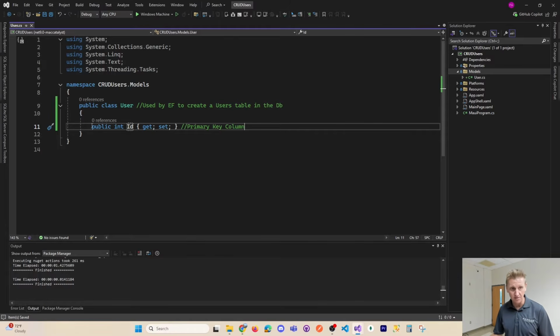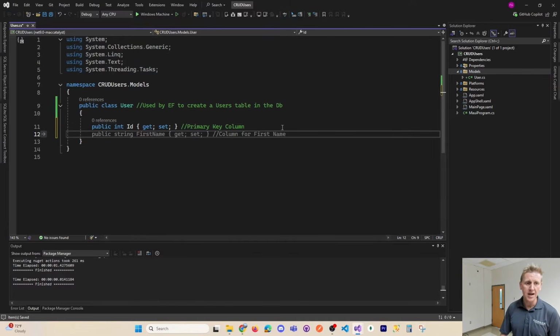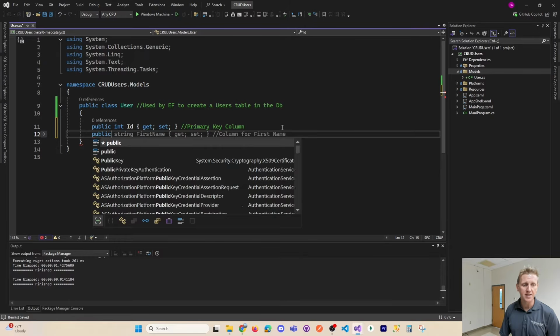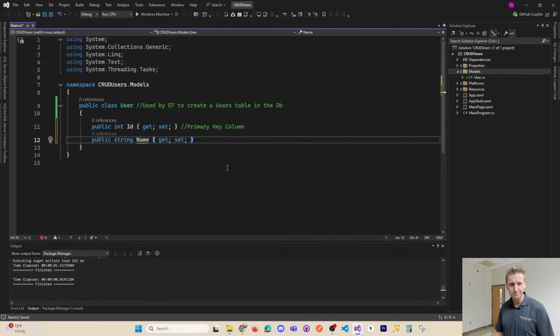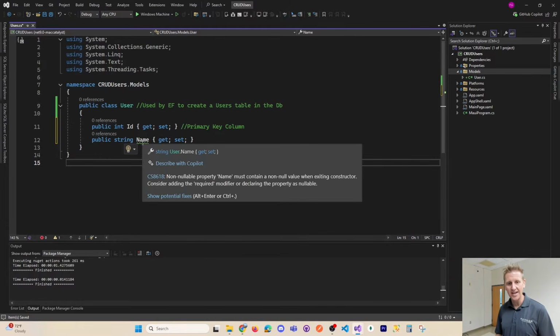So this is a column. We're setting up columns in our database tables. So this is a table. This will be the ID column, and we're going to have one more just for the name. Public, of course, names are going to be string. Okay, now this is going to be the name column, and we get the green squiggly saying, hey,